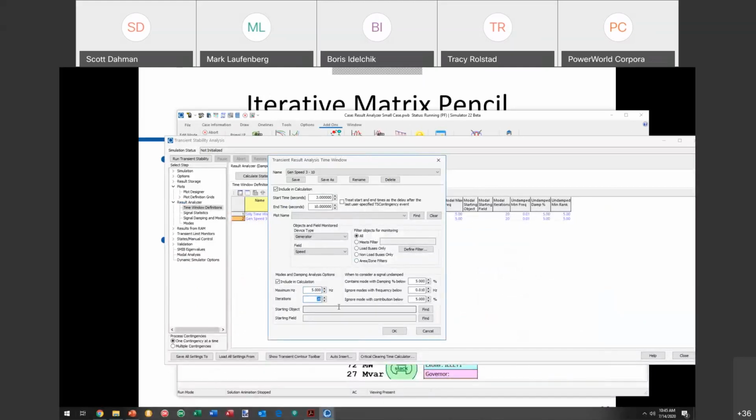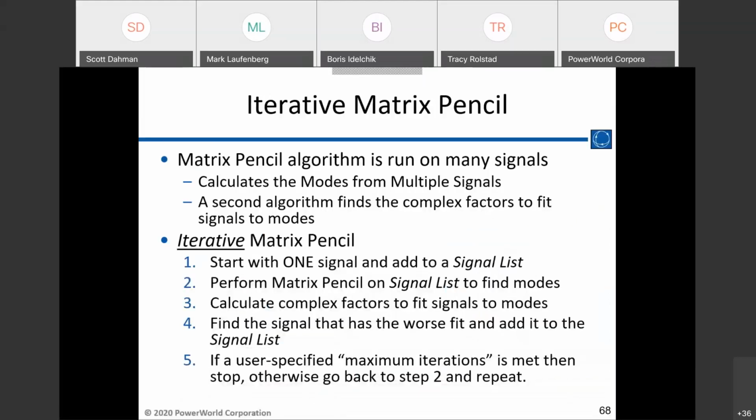All right, the other thing to realize is there is an option on the modal calculation that says how many iterations should I do? That is the matrix pencil routine. It scales with the number of signals. So if I give it 1,000 bus frequencies, which I'm going to do in just a second, if I were to run it on all those signals, it'd be slow. I think it would actually work, but it might take a few minutes to run. And we don't really need to do that because those, as I mentioned before, those signals all share the same